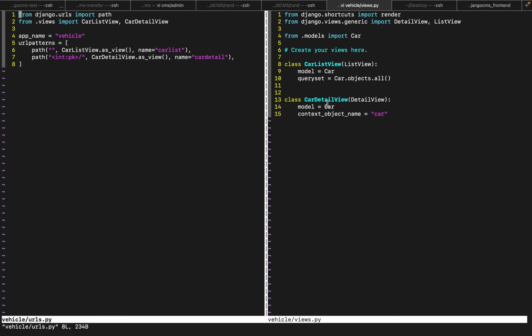Create a list view, create a detail view, then create sort of the URLs so that we'll be able to access each of the views. And so if you have a little bit of knowledge about Django CMS views, it automatically for the list view it requires a URL with this